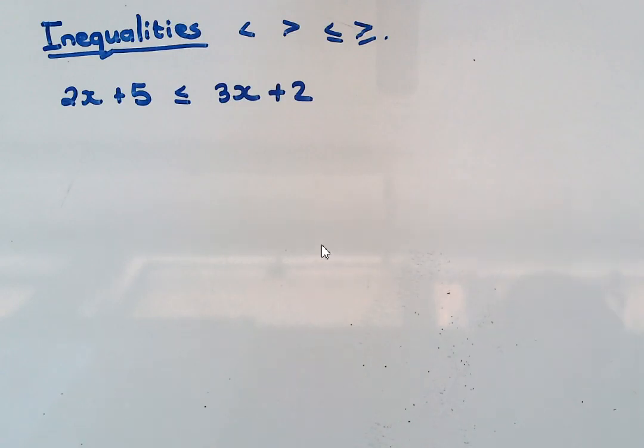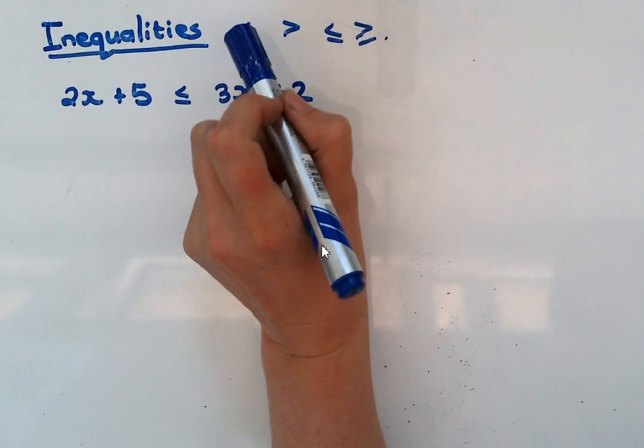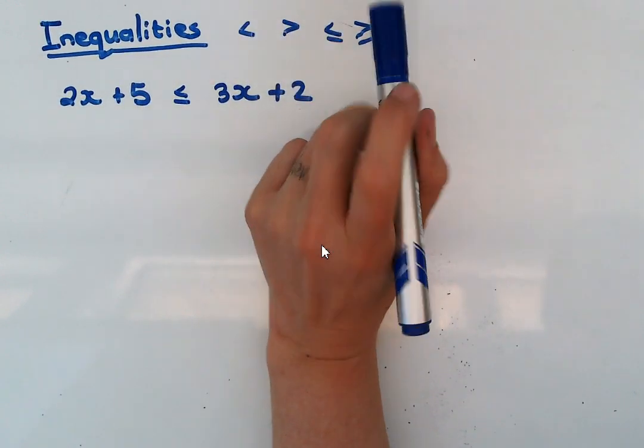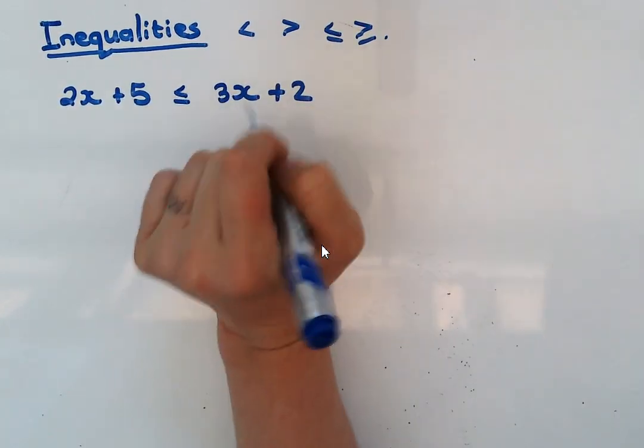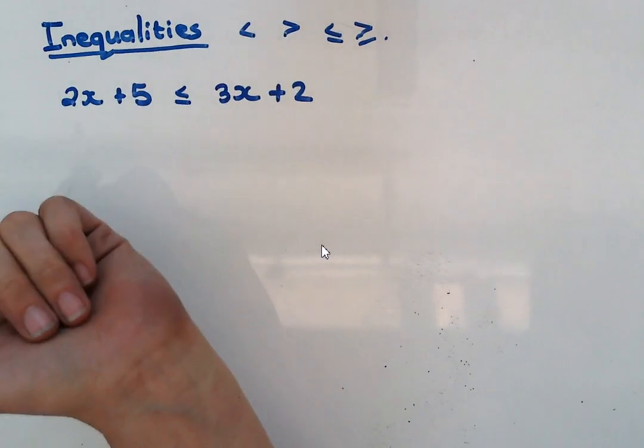Okay, we're quickly going to be talking about inequalities. In the last video I talked about the equations, and the chapter is about equations and inequalities. So the equations is everything with an equal sign. Everything when there's an equal sign in the sentence, then it's an equation. If there's a bigger than, smaller than, bigger or equal, or smaller or equal, then it is an inequality. Like this here, and these are the inequalities, right?